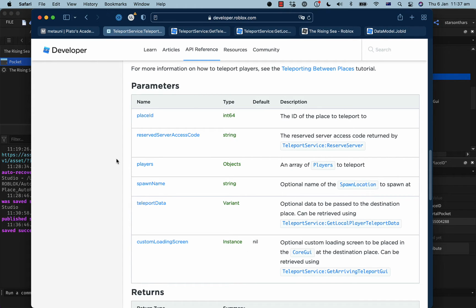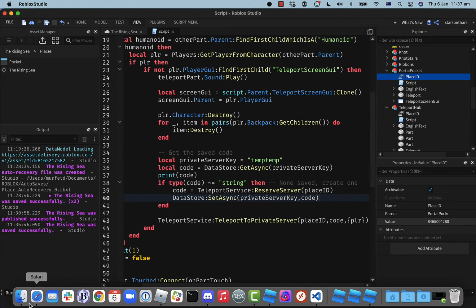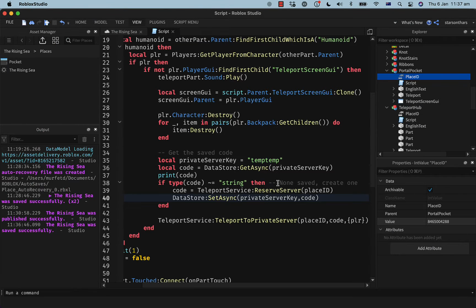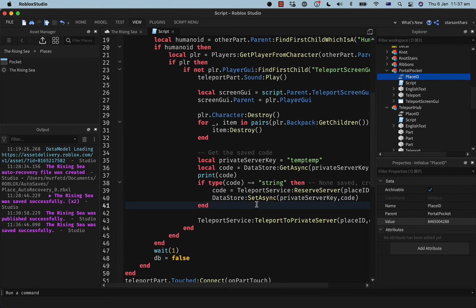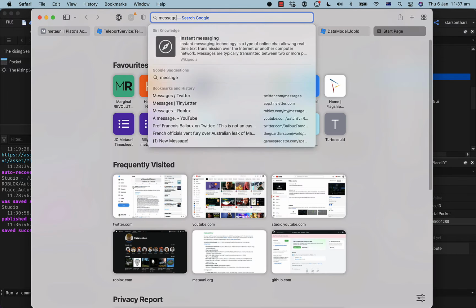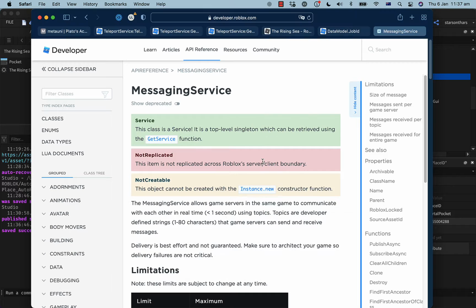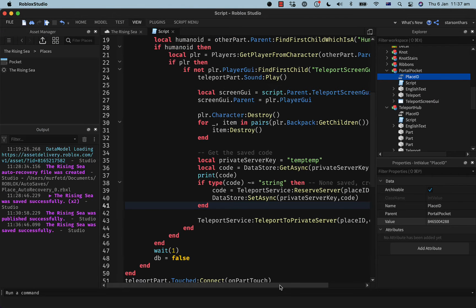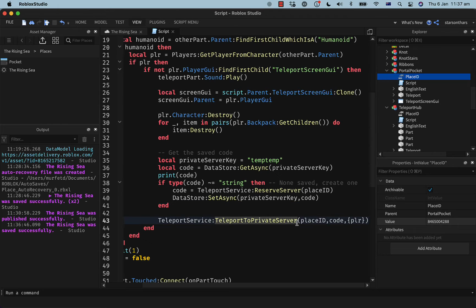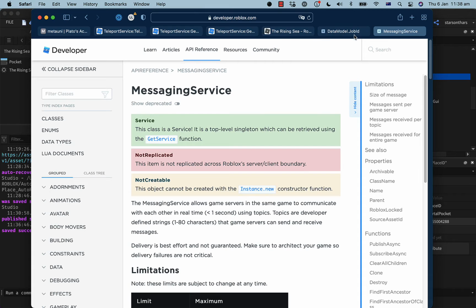How would I get the job ID? Well, you can get it once you're there, right? Yeah, but actually, you can communicate between places using message service, right? So that player could tell the server. But these teleport options or settings, this gets passed to the teleport private server function, right? Yeah. But when you go back to the main place, you're not teleporting to a private server. No, but I can use teleport service,